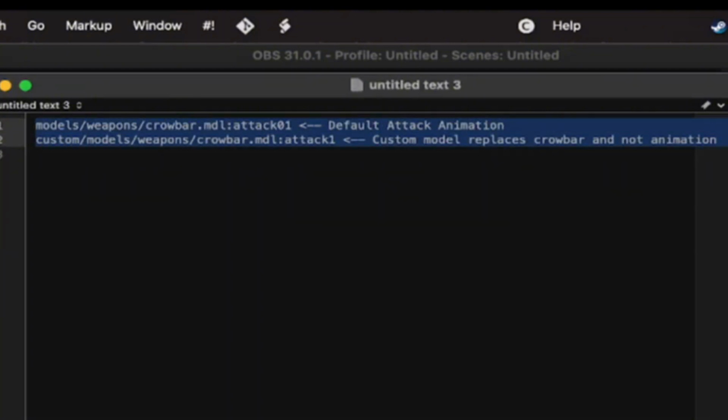Okay, so this is very crucial. It's also the same with materials. You gotta have the exact same path. Okay,